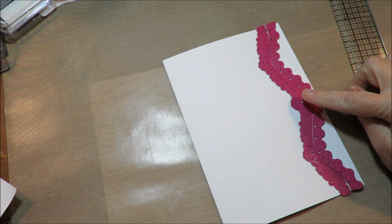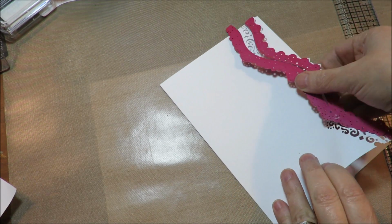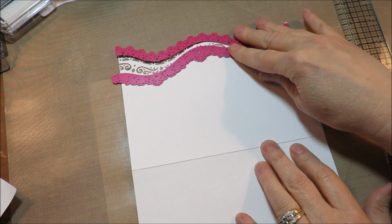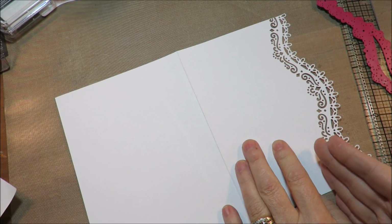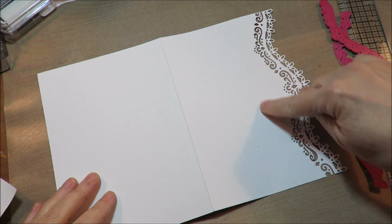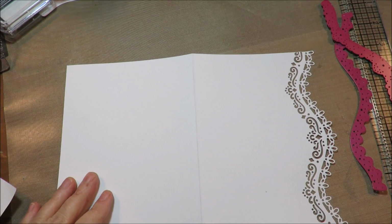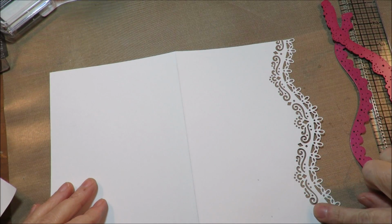Now if you don't have a Big Shot Plus and you can't run the paper, because when you pull it out you're going to have to run it like this. If that's too wide for your die cut machine, then you could use a separate thin strip of white paper, make your decorative part, and then glue it onto the edge. That's just one way that you could solve that problem. Once you have the edge die cut out,